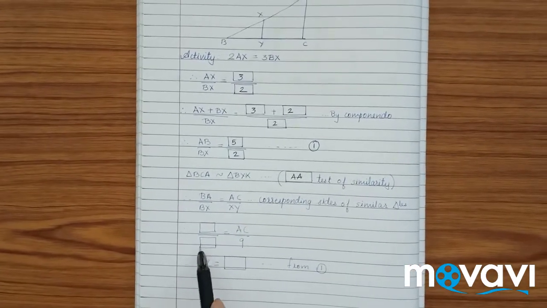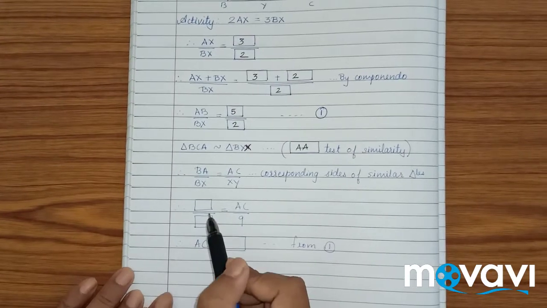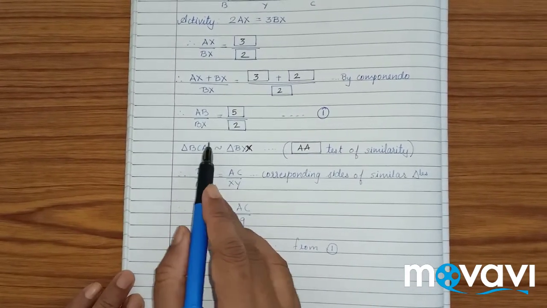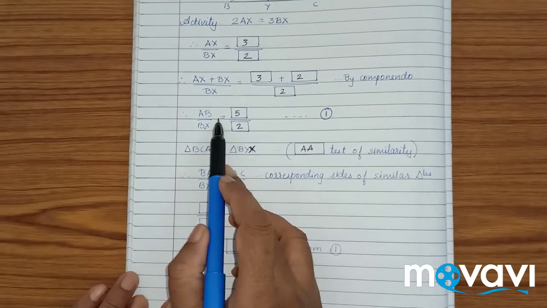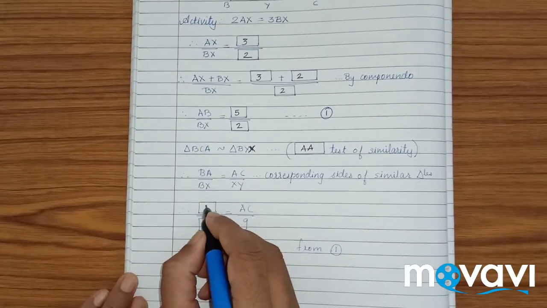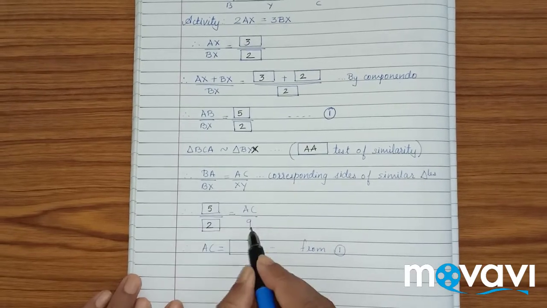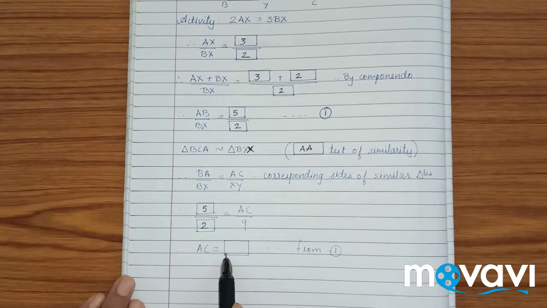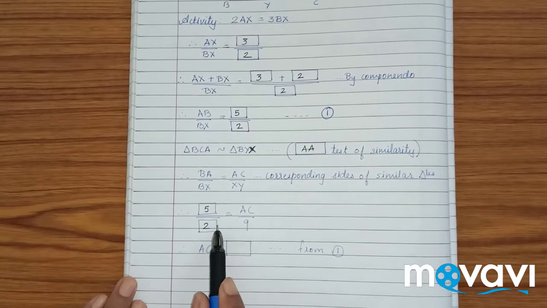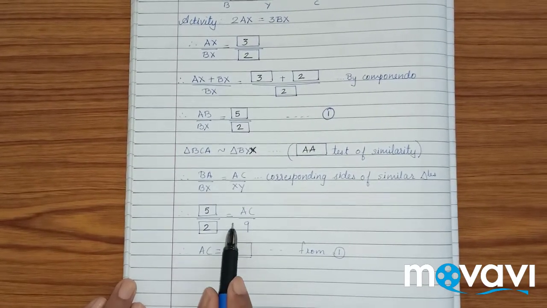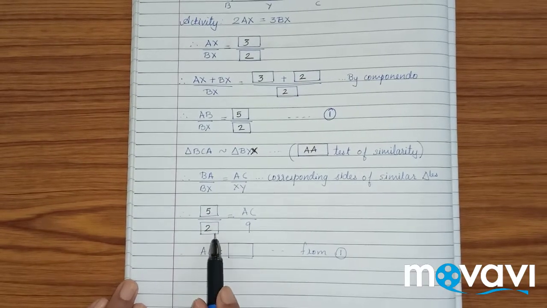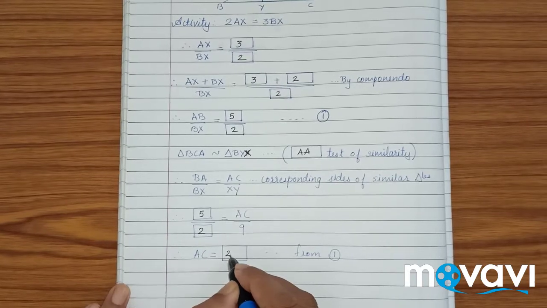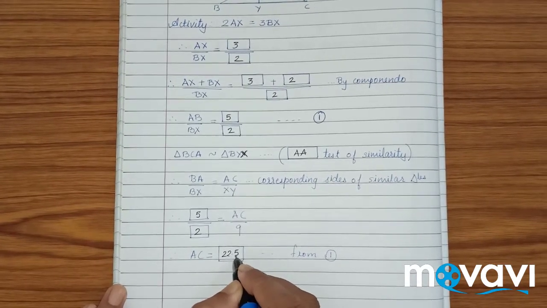So now, okay. So we'll substitute the values. BA upon BX is from 1. See here, I can see that is 5 upon 2. So 5 upon 2, and XY was given as 9. So let us substitute that, and they have not shown your calculations. You are also going to do it like this. Cross multiply 5 into 9 upon 2. So what will be your answer? Somewhere around 22.5. Okay.